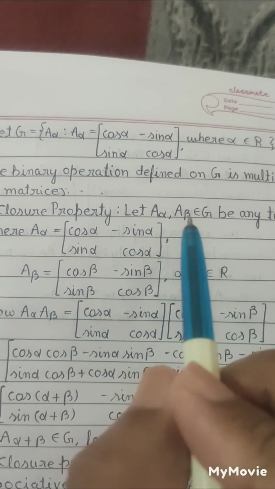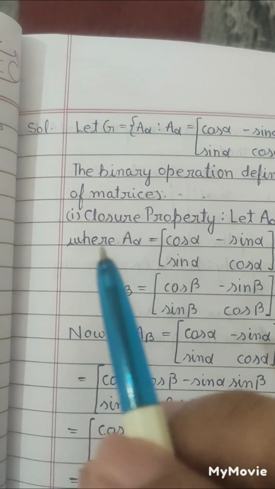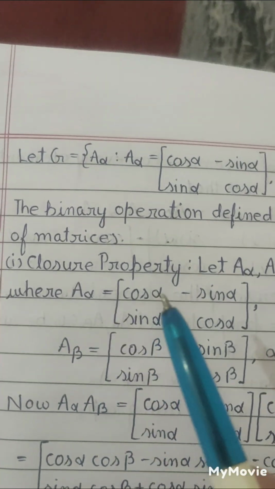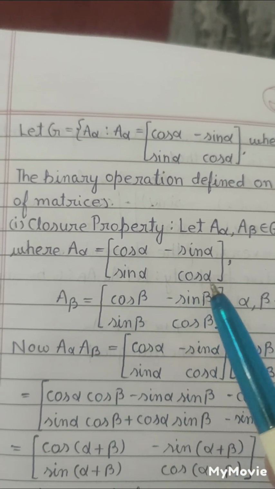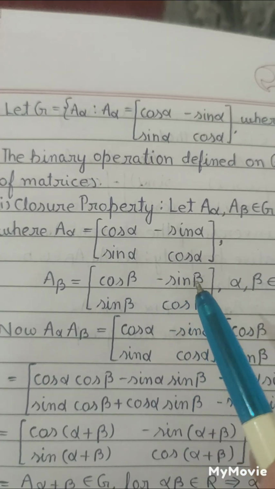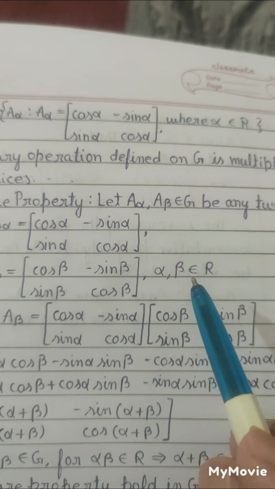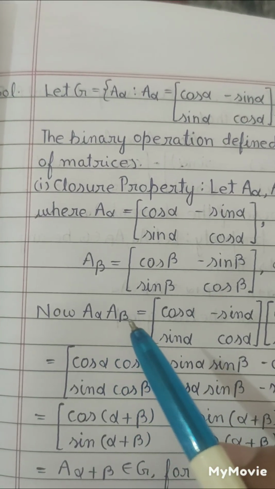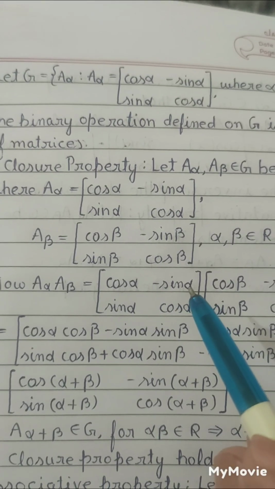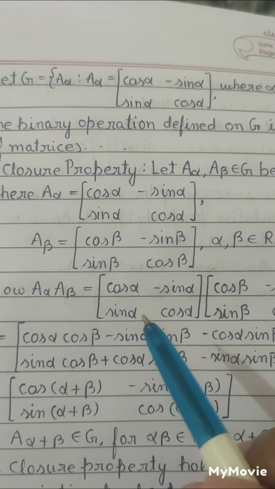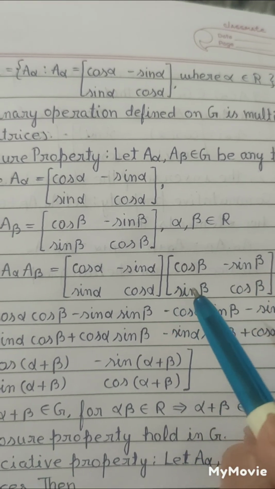First, closure property: let A alpha and A beta belong to G, any two elements, where A alpha equals [cos alpha, minus sin alpha; sin alpha, cos alpha] and A beta equals [cos beta, minus sin beta; sin beta, cos beta], with alpha, beta belonging to R. Now A alpha into A beta equals [cos alpha, minus sin alpha; sin alpha, cos alpha] into [cos beta, minus sin beta;